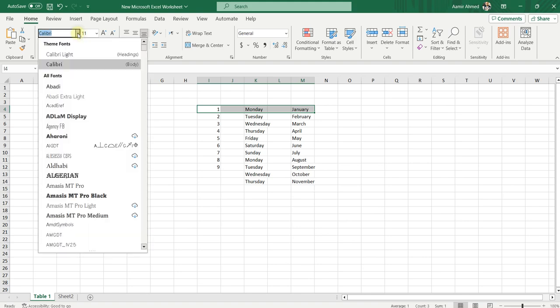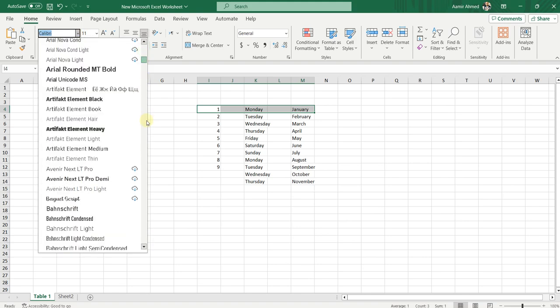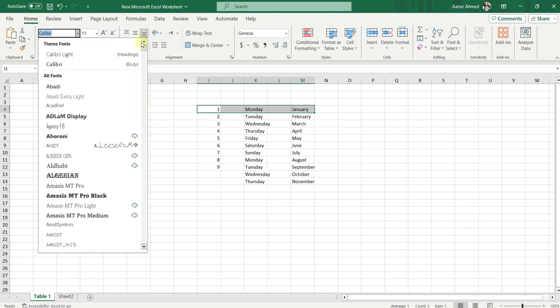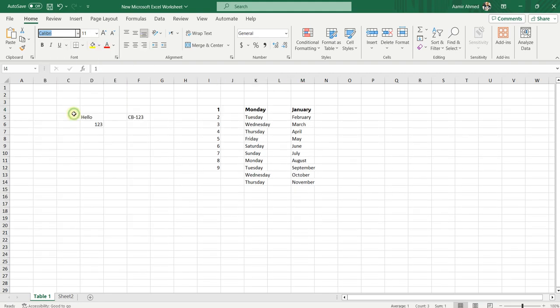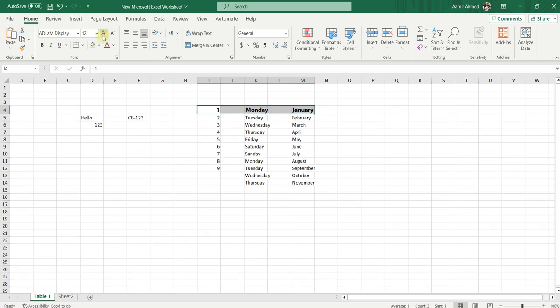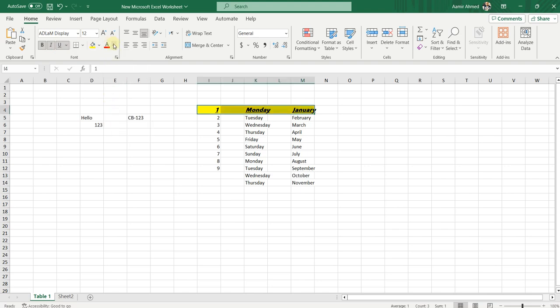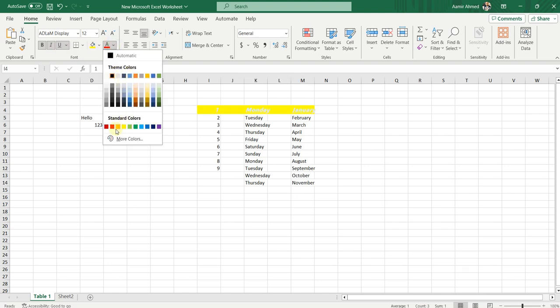First, I will change the font style. Here you can find different font styles, so you can choose any of the font styles for your content. I will select this. Now I will increase the size of the font. I will make it bold, italic, and underline. I will change the background color to this and the text color to